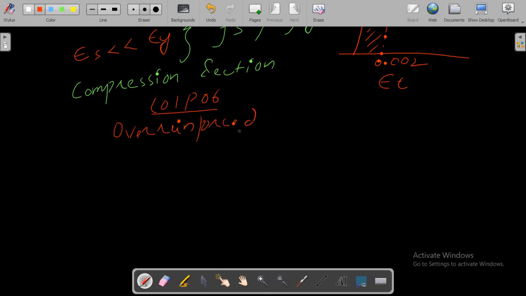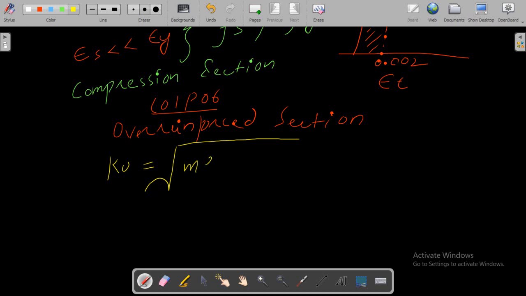Over-reinforced section. How to analyze an over-reinforced section. In that section, basically you see I have derived an equation, right? If you remember that equation and if you watch that lecture, because in 05 we discussed an under-reinforced section, but in 06 we derived an equation for an over-reinforced section, that is Ku